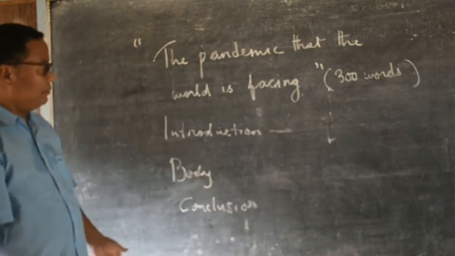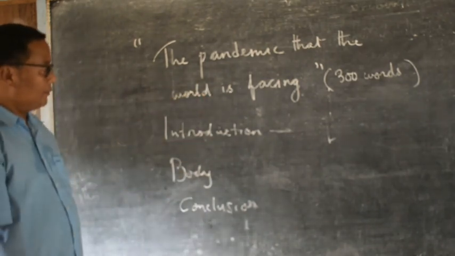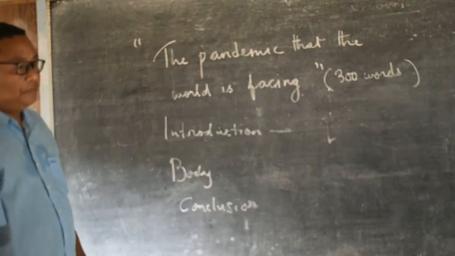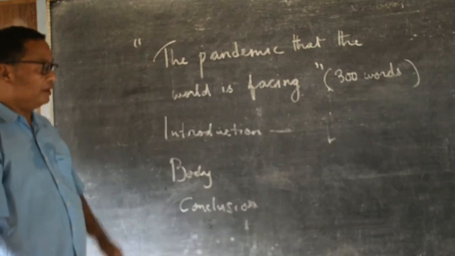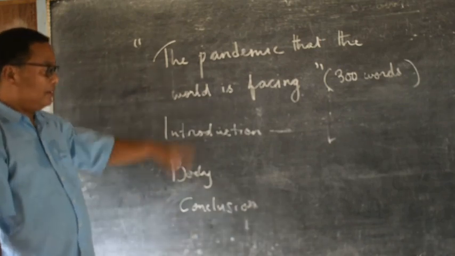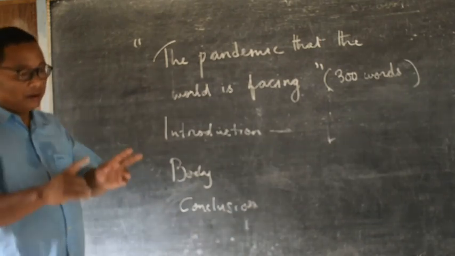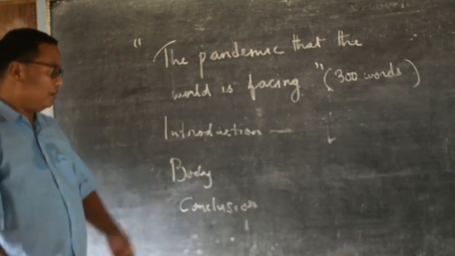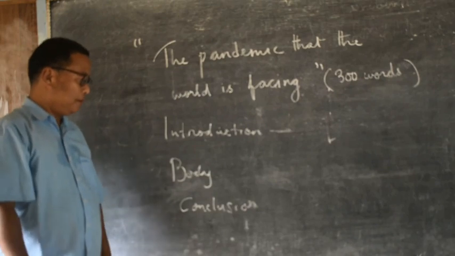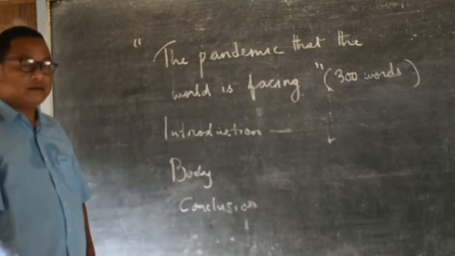Okay, this will be an assignment. It must be written in 300 words, and on the group it will be posted when you must submit. The deadline will be given. You have to submit this essay by taking a photograph of the essay and sending it through WhatsApp so that evaluation of your essay can be done.